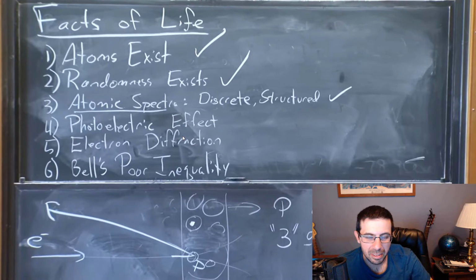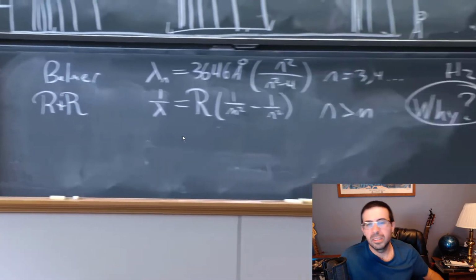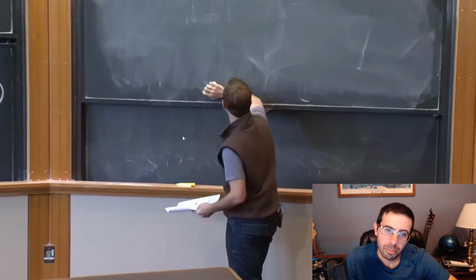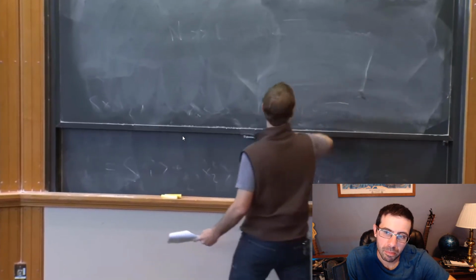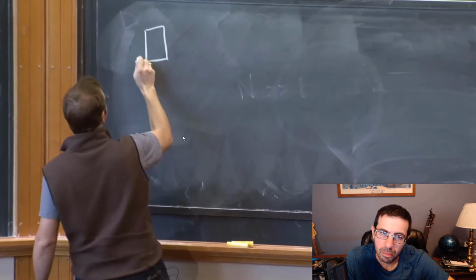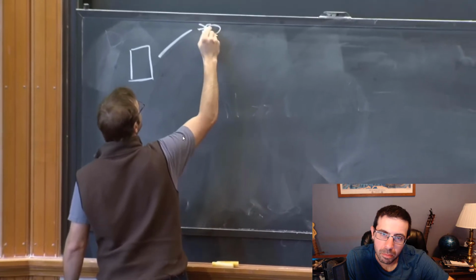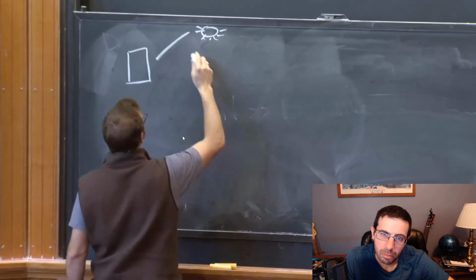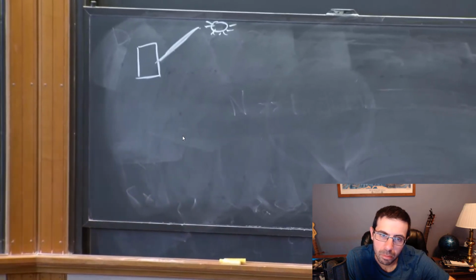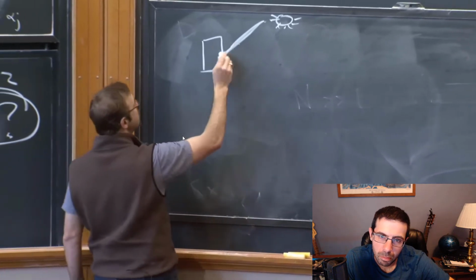So speaking of atomic spectra, oops, I went one too far. Here's a different experiment. People notice the following thing: if you take a piece of metal and you shine light at it, by taking the sun, or better yet, these days we'd use a laser, something that is done all the time in condensed matter labs. It's a very useful technique. We really do use lasers, not the sun, but it continues to be a useful effect to this day.